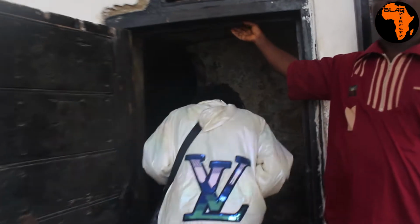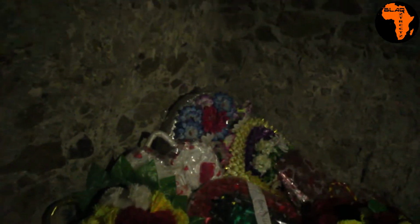Keep your head low. Hey guys, condemned cell of the Cape Coast Castle. Let's take a quick tour in here, where our, as they call it, rebellious, but our freedom fighters actually fought for who they are as Africans, for what they believed in, for us to gain the freedom that we have today. You can't imagine what being in here for just a couple of minutes feels like until you're in here yourself. So imagine being held in here for...